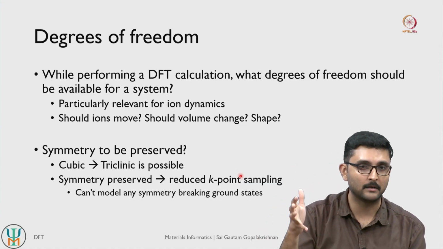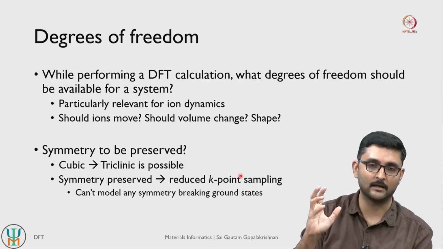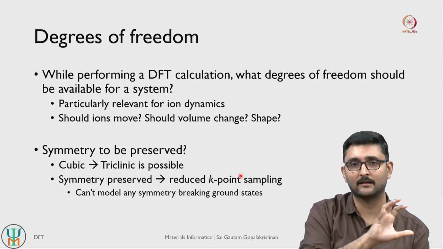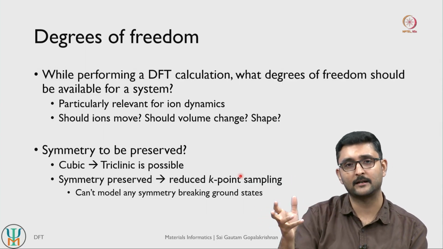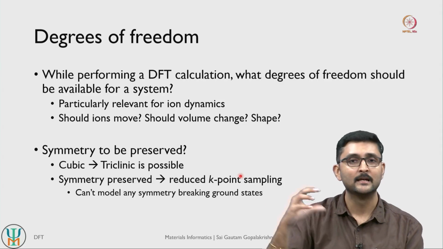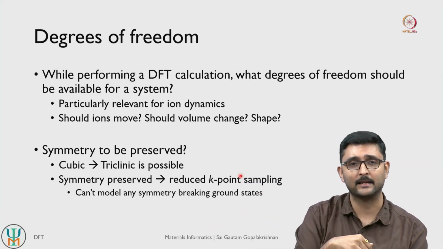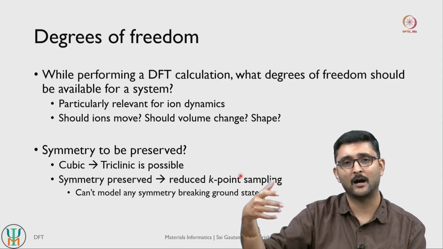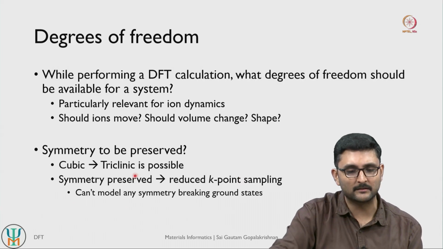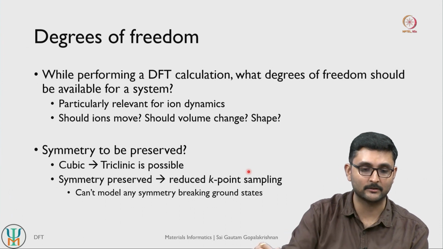We use something called an irreducible Brillouin zone representation of our crystal structure, and this Brillouin zone representation changes depending on the underlying crystal structure itself. So cubic structures have different representation of your Brillouin zone compared to triclinic structures, and since cubic structures have more symmetry, their Brillouin zone representations also have higher symmetry compared to your triclinic cases, which implies you will need fewer or less dense meshes to sample your cubic system compared to your triclinic system. So in general, if you preserve your symmetry, you can tend to reduce your k-point sampling, but this once again depends on whether you are preserving your symmetry or not.